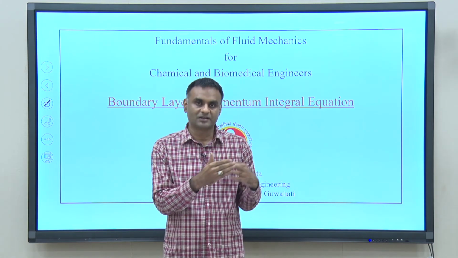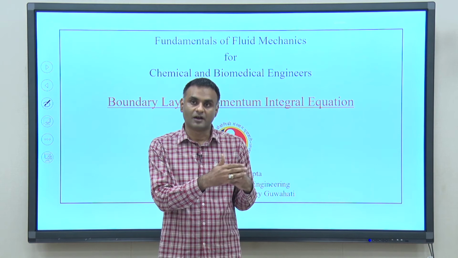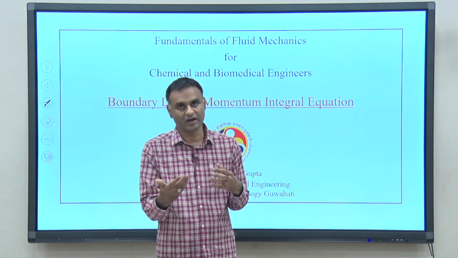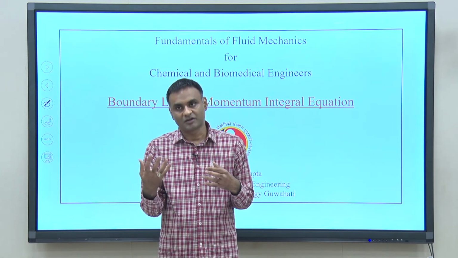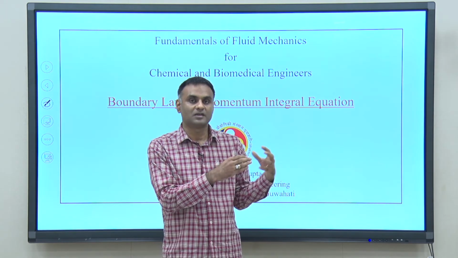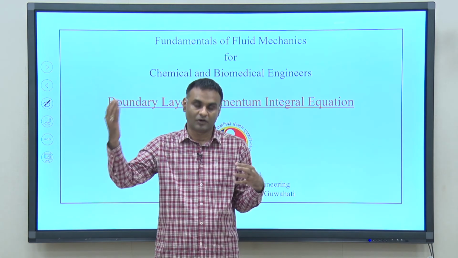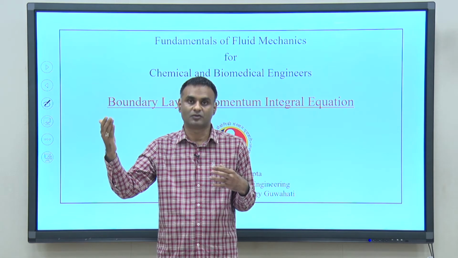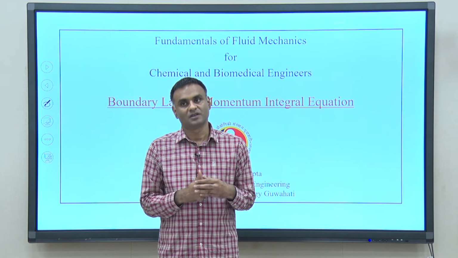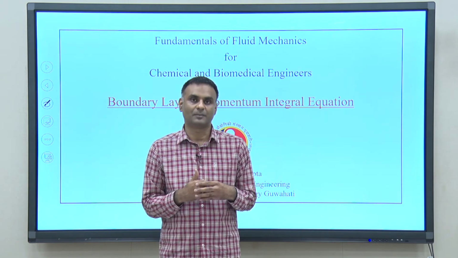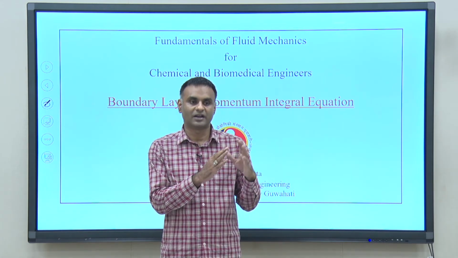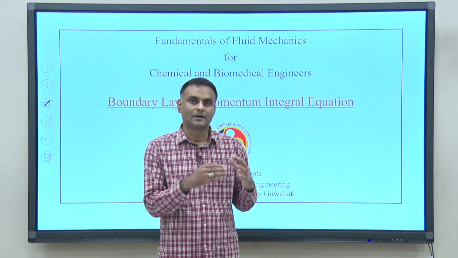So, using boundary layer in the previous class, we saw that some of the physical phenomena, such as the presence of non-zero drag on the submerged surfaces or on the bodies, could not be explained by assuming potential flow for the cases where the Reynolds number is high and the approximation of inviscid and potential flow is approximately valid. So, we introduced the concept of boundary layer, and then we defined the thickness of this